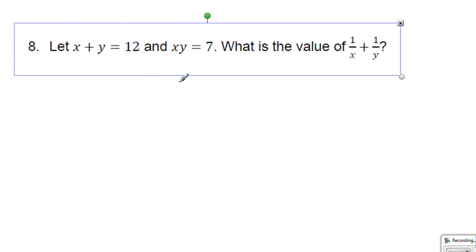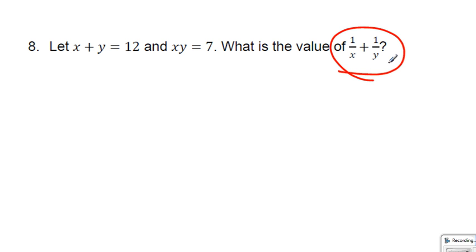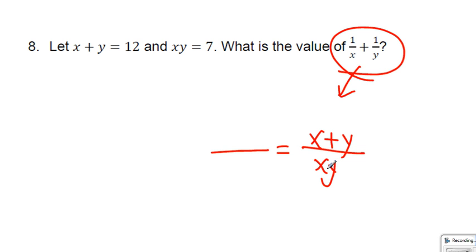All right, now let's look into this one. The sum of two numbers is equal to 12. The product is equal to 7. But wait a minute, what is that expression equal to? This is one of the popular expressions. It is equal to x times y as the denominator, and x plus y becomes the numerator, having the common denominator of x and y. But wait a minute, we just realized that x times y is equal to 7, so we write down the 7 on the bottom. x plus y was equal to 12. Just write it up. That becomes our answer.